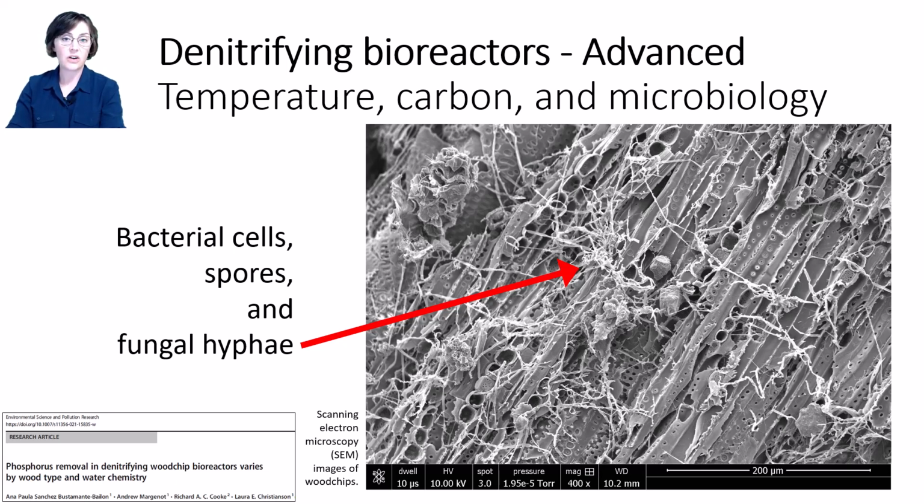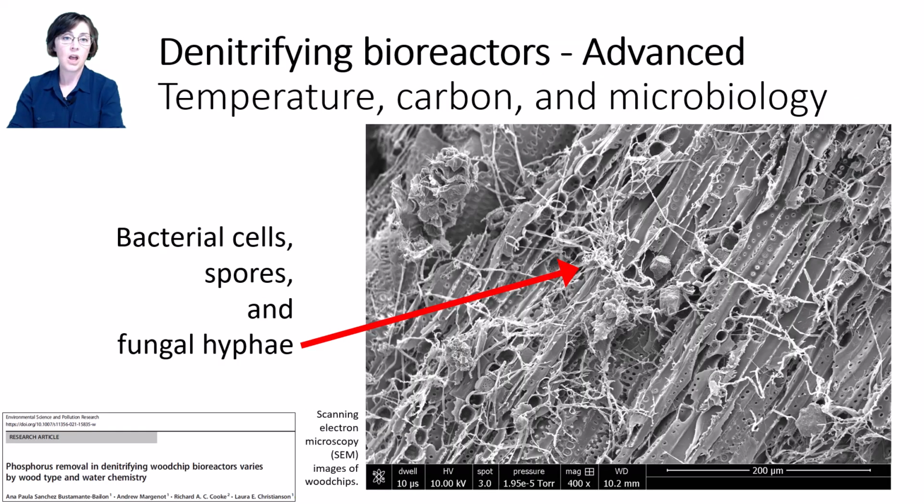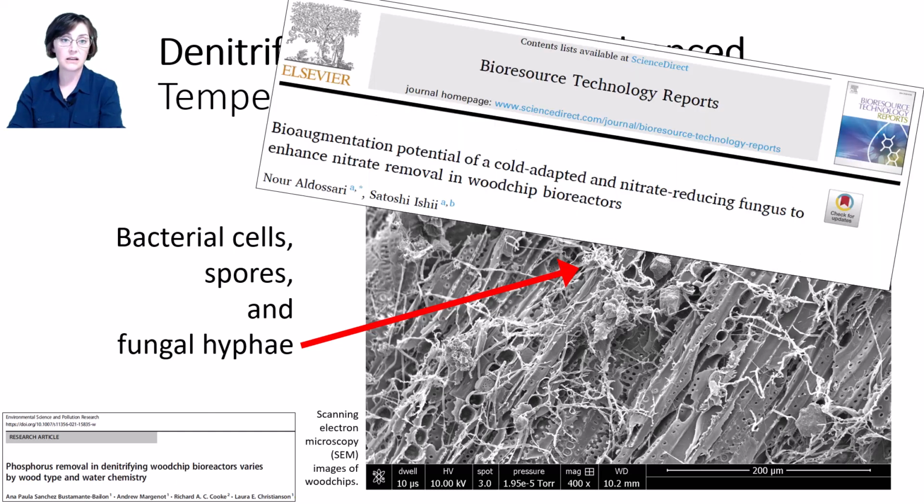I show these fungal hyphae, those little spaghetti strings, because I wanted to mention also that fungal denitrification is a thing, but it's very unstudied compared to bacterial denitrification. We know that fungi play a role in bioreactors, but again, this is pretty unstudied. While some fungi can denitrify, I think they're probably more related to breaking down the wood chip carbon into smaller carbon chains and making it more available for bacterial denitrification. But this knowledge about fungus and bacteria in our bioreactors is really just evolving.